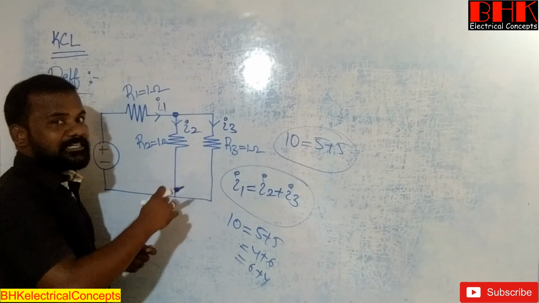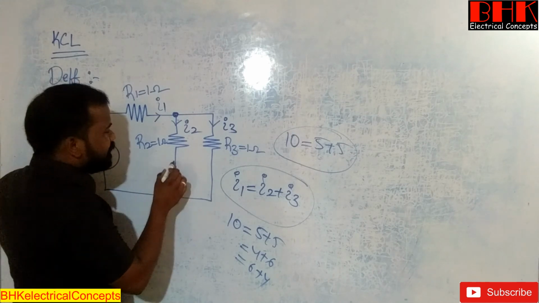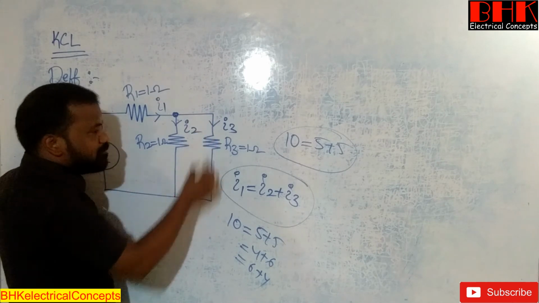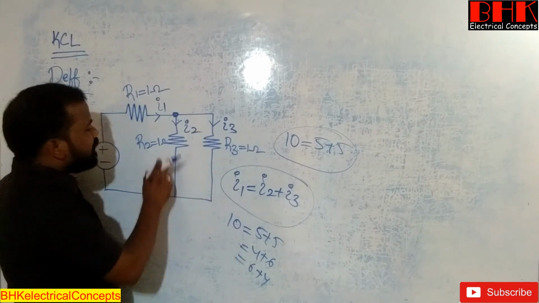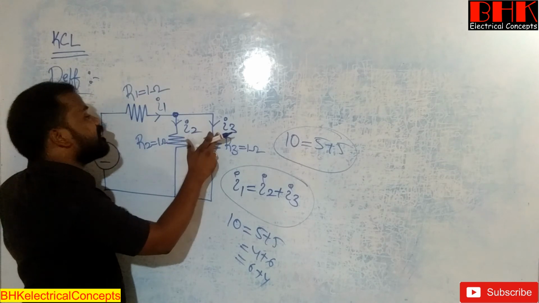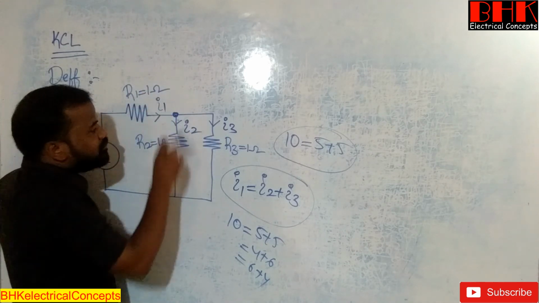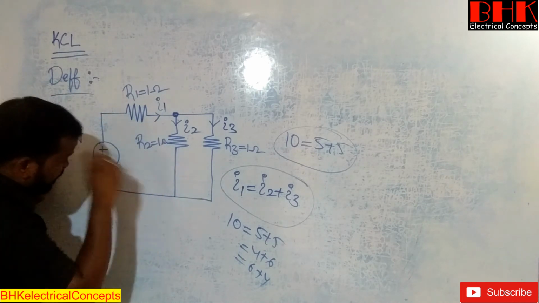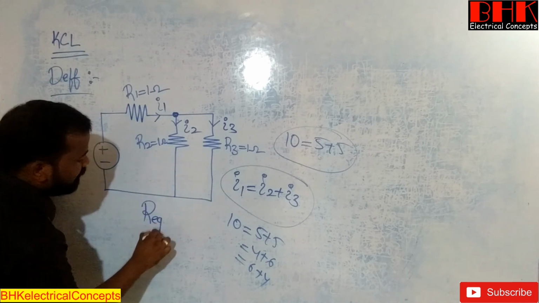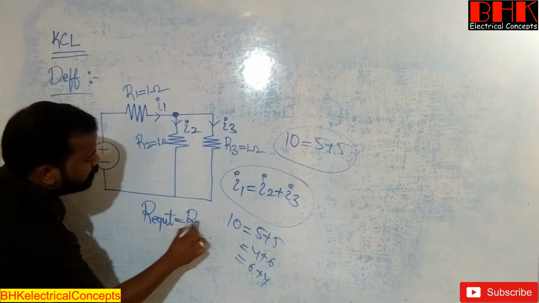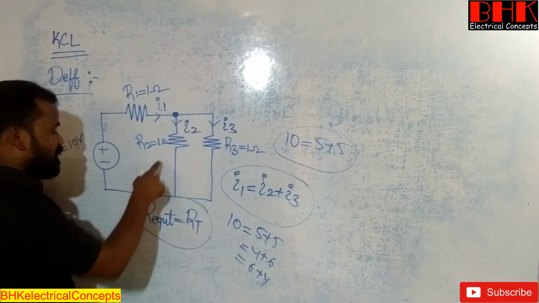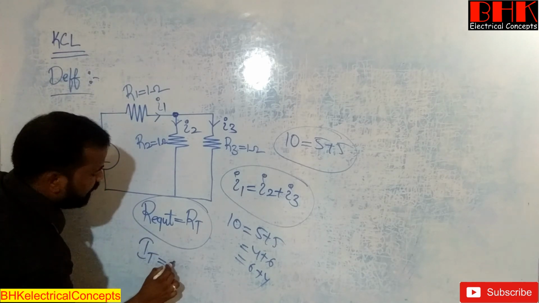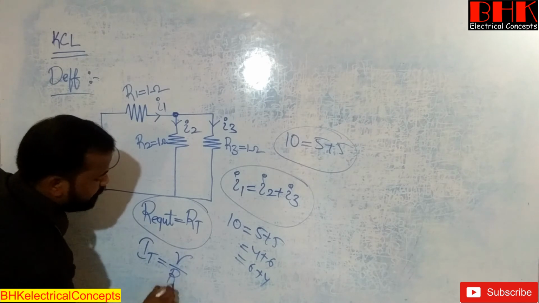this experiment in practical means, in theoretical we need to calculate the value of current flowing in R2 and current flowing in R3 by using current division rule. But in order to find I2, I3, we need to calculate the total amount of current which is flowing in the circuit. Clear? It means first we need to calculate the equivalent resistance, or we can also call it as total resistance in the circuit. After calculating the total resistance, go for the calculation of total current, that is IT is equal to V divided by RT.